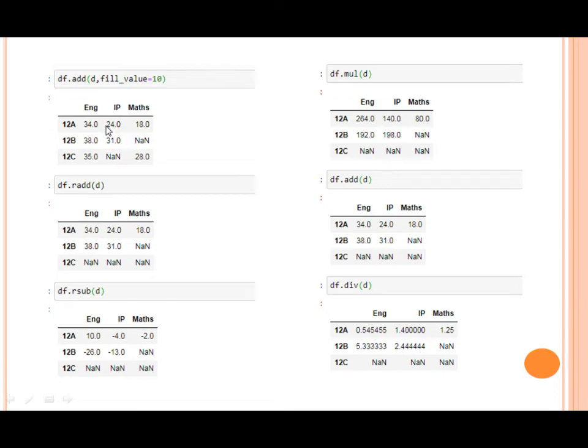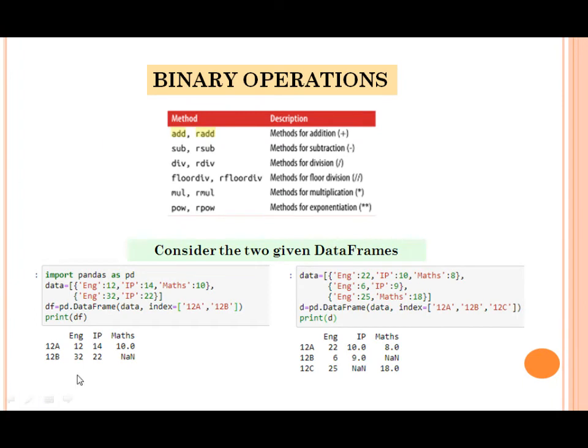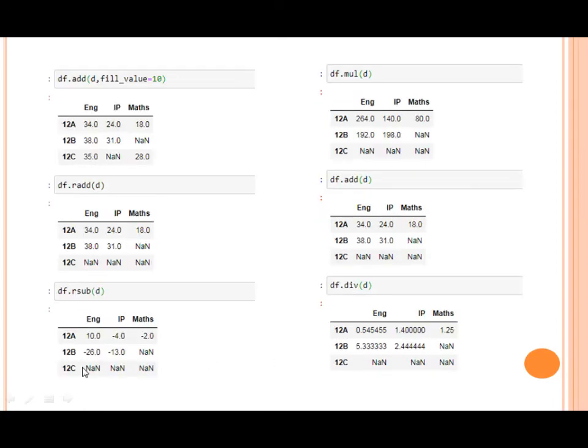See, in the first data frame, 12c is not present. But in the second data frame, d, 12c is present with a few values. So where 12c is not present, fill_value equals 10 helps us to replace the blank area with the value 10.